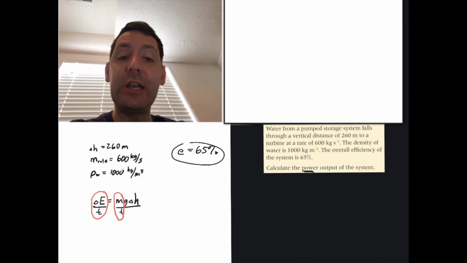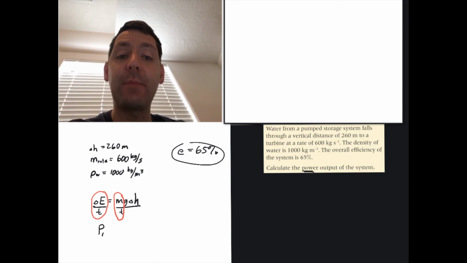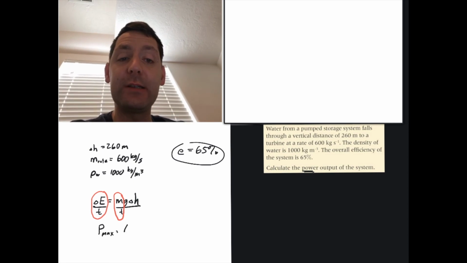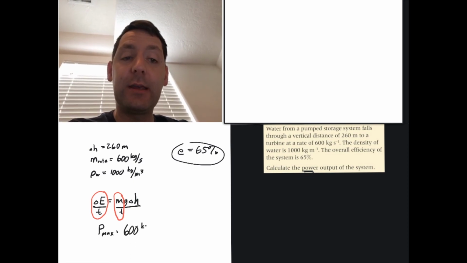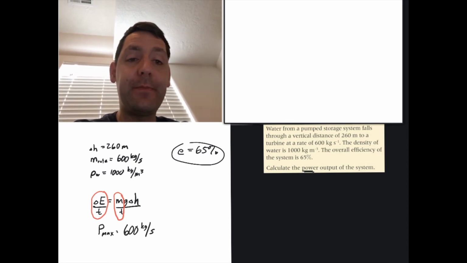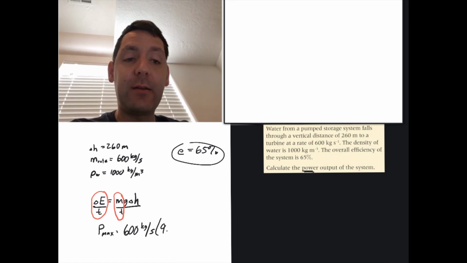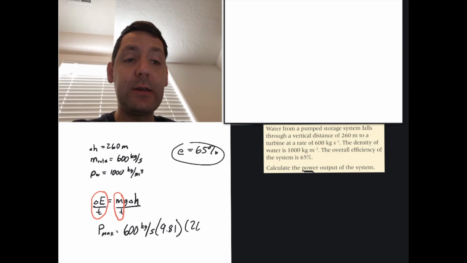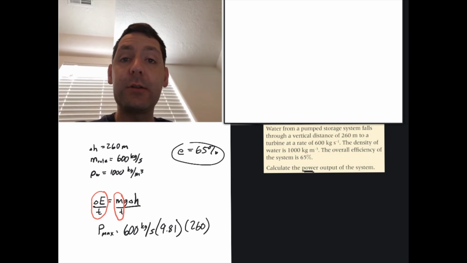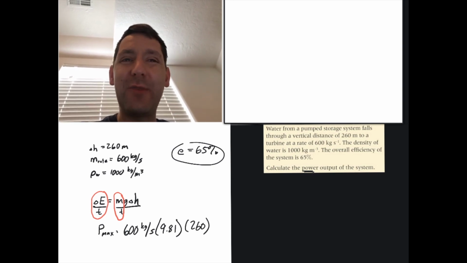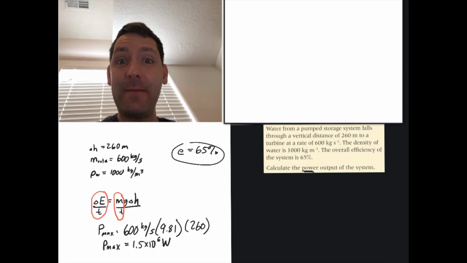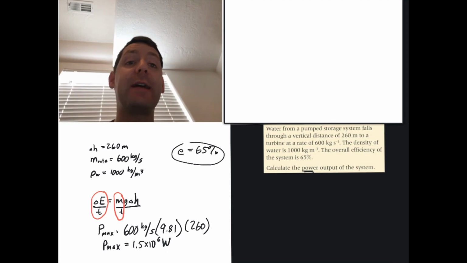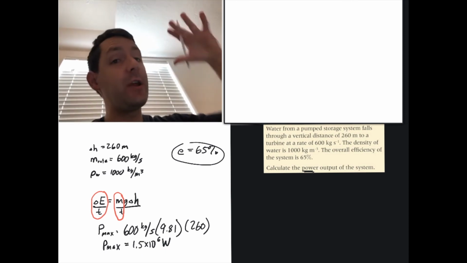So the change in energy over time, or the maximum possible power, is equal to mass over time, which was 600 kilograms per second, times gravity, 9.81, times the change in the height, which was 260 meters. Go ahead and calculate that. I will too, and we'll see if we get the same thing. All right, so this is what I got. I got 1.5 times 10 to the 6 watts, so that's the amount of power that's being generated by that